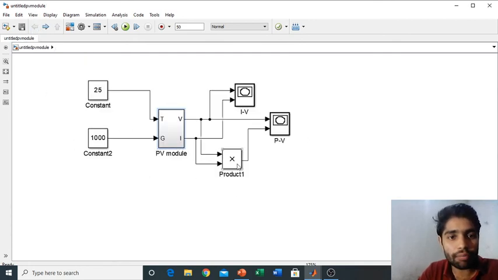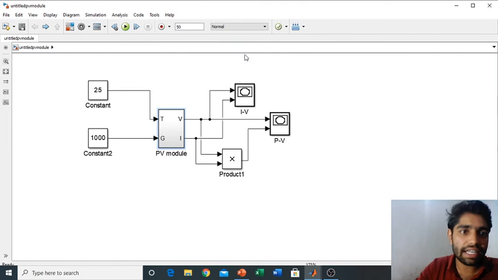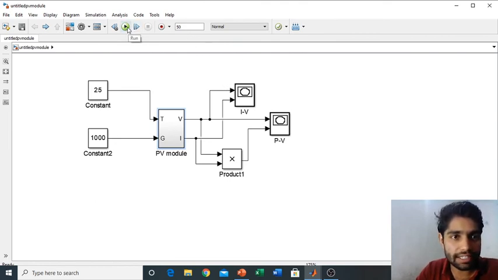So all the mathematical modeling we have done, and finally I have to run it again to show you how the output characteristics will open.